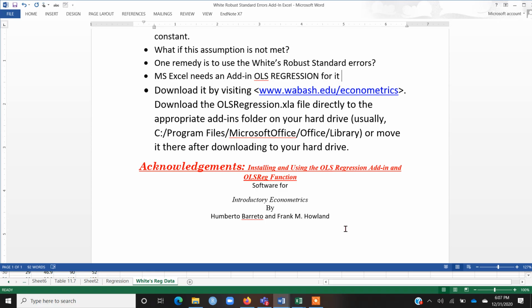So this is an alternative understanding of econometrics by Humberto Barreto and Frank Holland. Pardon me if I'm not pronouncing the names correctly.